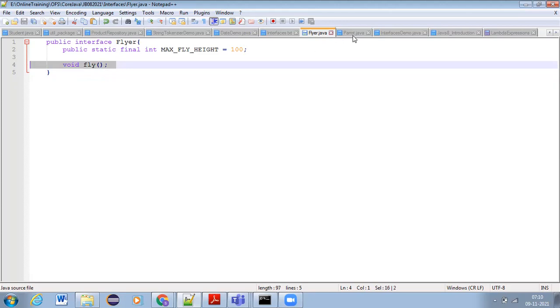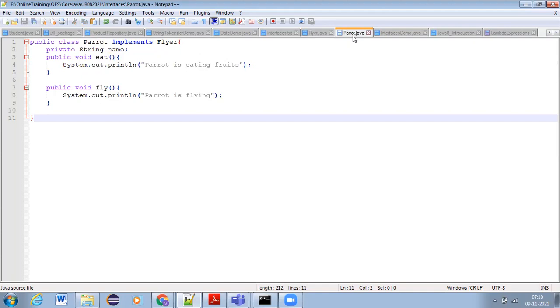And how do we write a subclass for the interface? Writing a subclass for an interface uses the keyword implements. So here we have written subclass Parrot for the interface Flyer. Parrot is a flyer or not? So we can write Parrot implements Flyer.